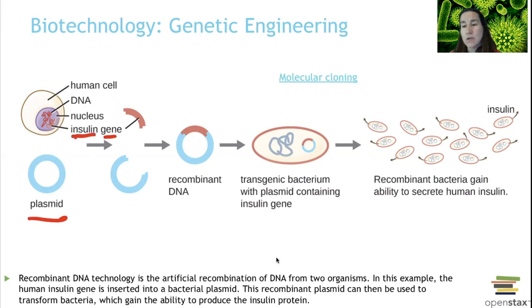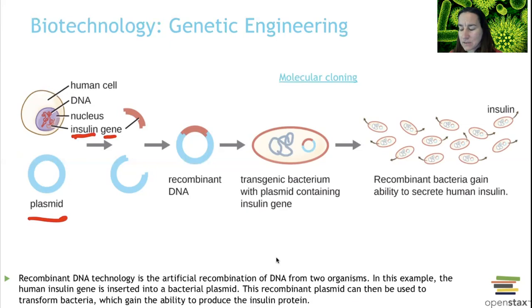So we need human insulin gene because before we had human insulin gene to produce, we had to get insulin from pig pancreases. And when we slaughtered the pig, we would harvest their pancreas and grind it up. And that's the insulin that we would use. And not everybody could handle porcine insulin. We needed human insulin. So now we can get that. We can have bacteria produce that insulin, produce that protein from human genes made for us, but they're done by